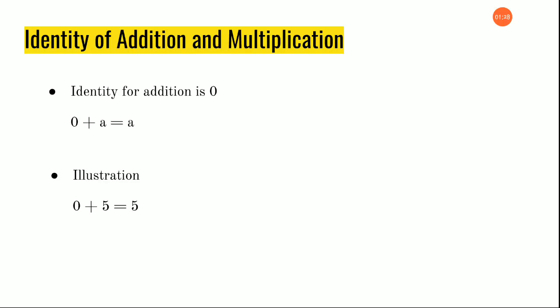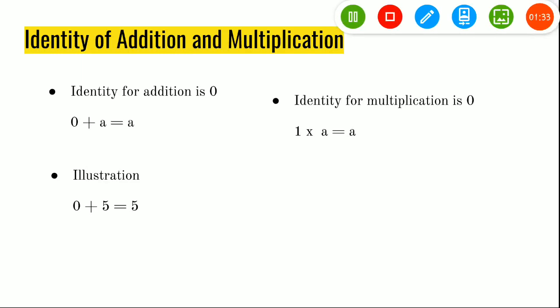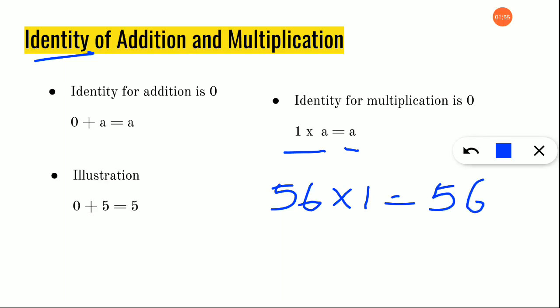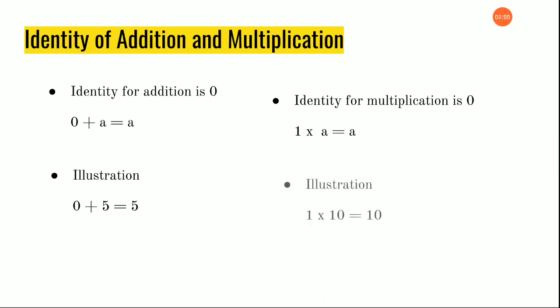Shall we see identification of multiplication? Okay. When you are multiplying any number with 1, its identity will never be lost. Identity means the number should never change. When you are adding, if you add 0 with a number, the number will always be the same one. When you are multiplying 1 with a number, the answer will always be same. For example, take 56. 56 into 1 will give you the same 56, right? So, its identity is not lost. Clear, children? Now, this is the illustration part of identity of multiplication. Shall we move on to the next one?